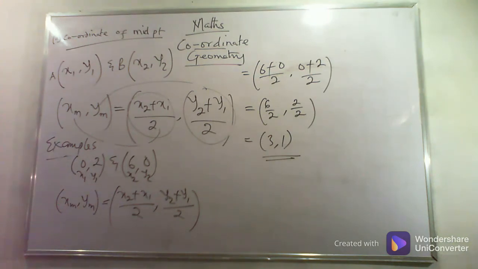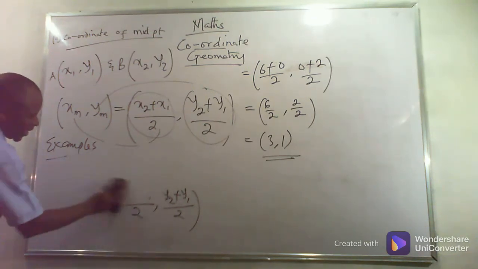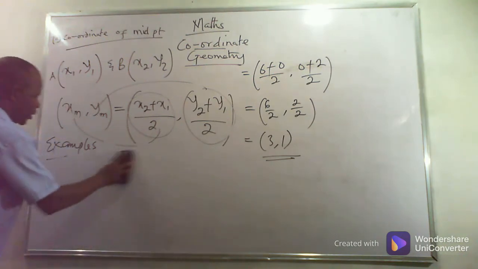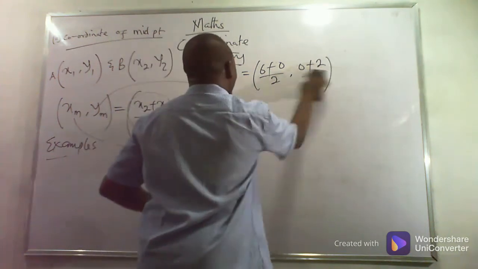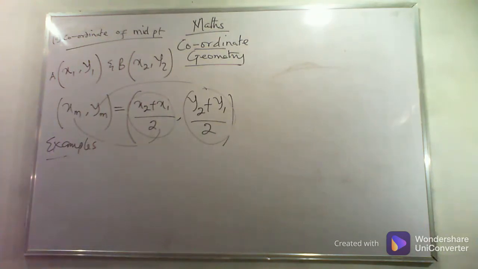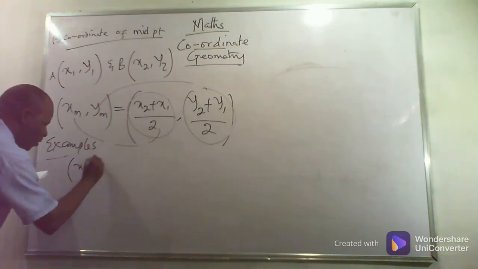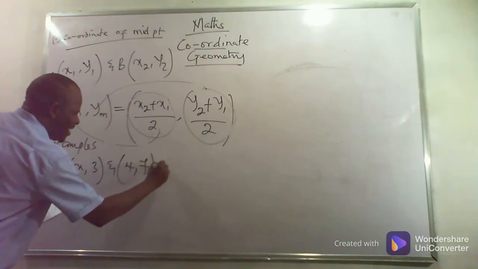Let's take another question, still under coordinates of midpoint. That will be example number 4, and that will be the last for this video. In the next video, I'll be using these in solving four questions from past questions in JAMB. Let me take this last question before ending the video. The question reads, if the coordinates of midpoint between x, 3 and 4, 7